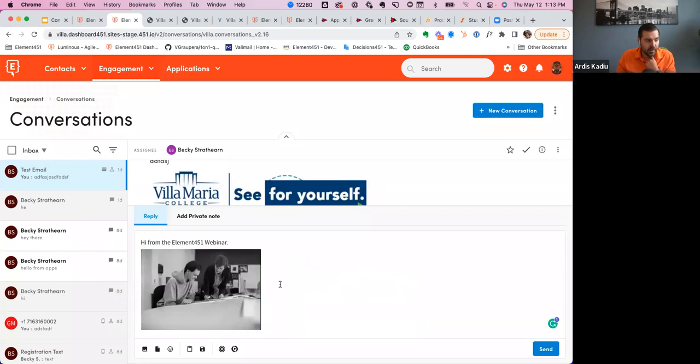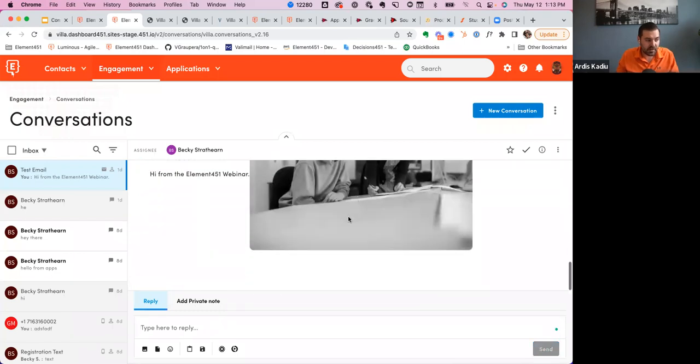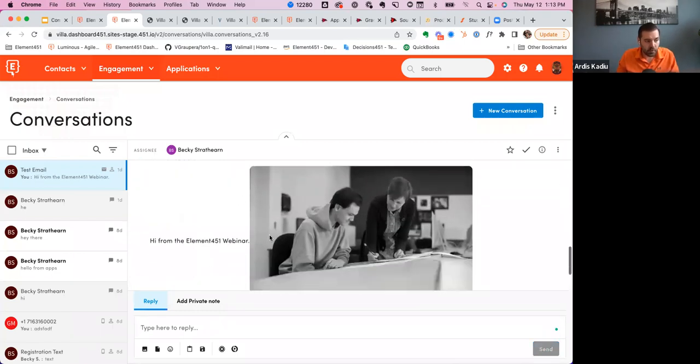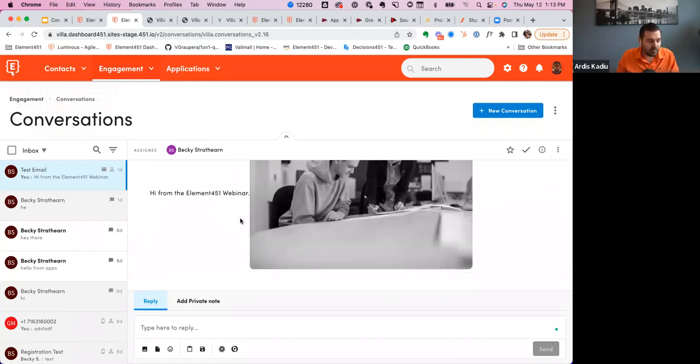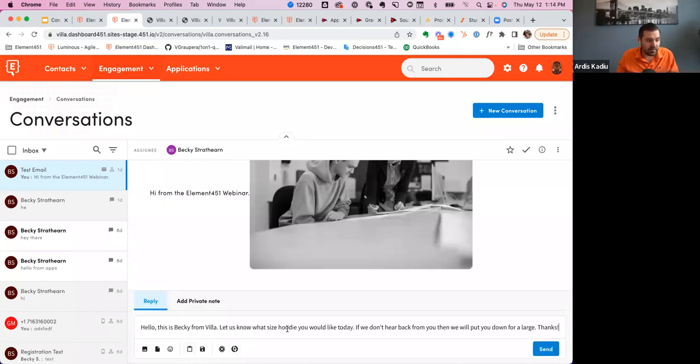I can align it left, and now I can have more content in here. Once we send this, this will be sent out as an email to that particular student. Now the preview in here is a little bit different, but in the email when it gets sent out, I think I might have not added an enter in there. Anyways, the idea here is that you weren't able to do images and content inline before, but now you are. Not only can you do that, but now let's go ahead and pull up some of the saved replies that we had from before.